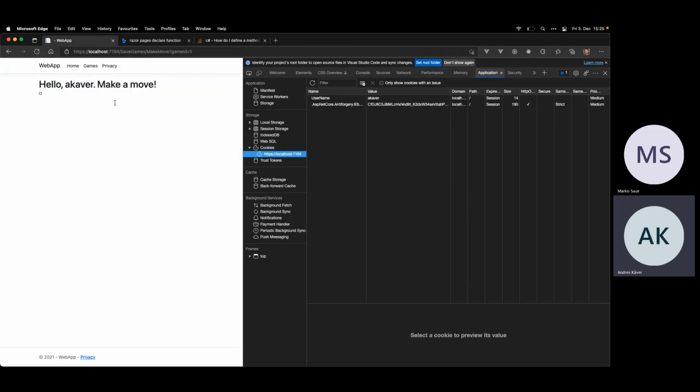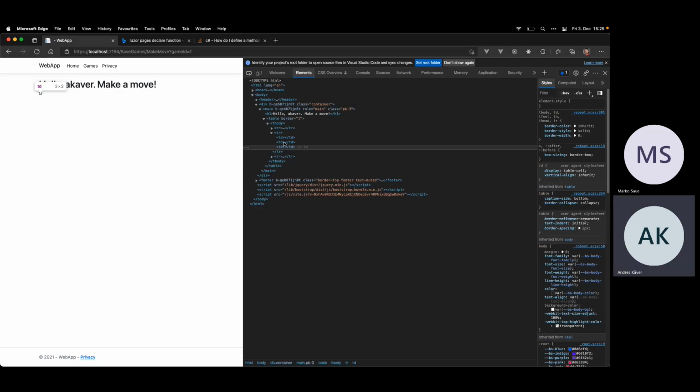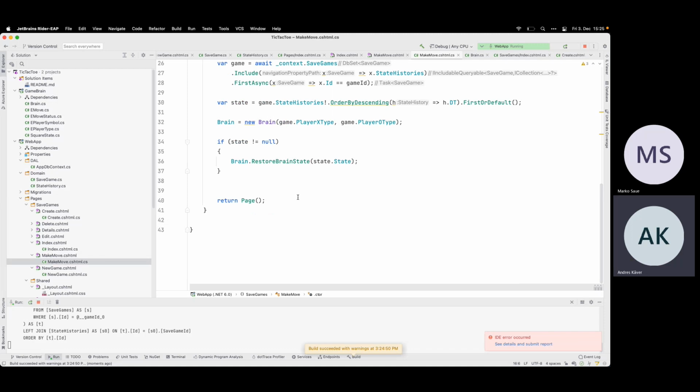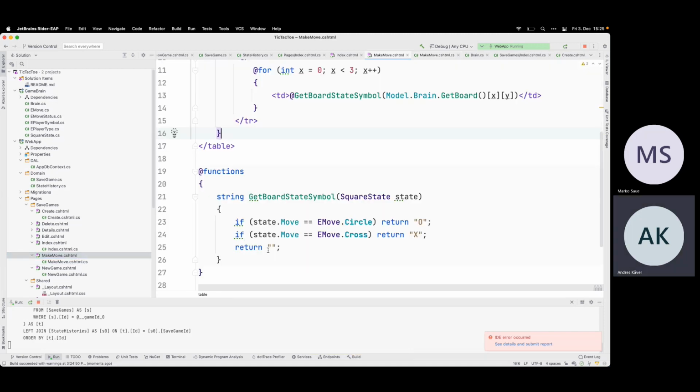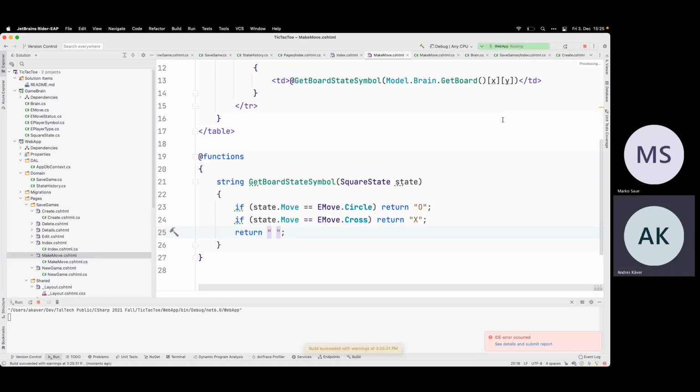So let's go back here. Hello, cover, make a move. What's this? Is this my table? Yep, it is my table. So I probably need to do a little bit better here. So this is more likely NBSP, like this. Oh no, then it needs to be just a space. Okay, I have 4 means.